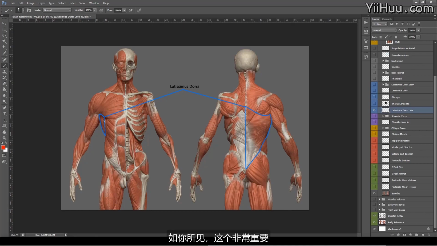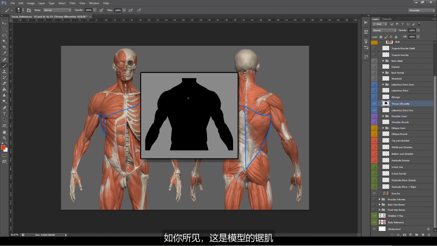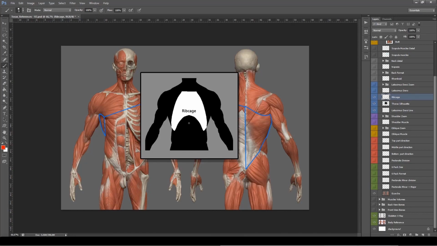And as you can see here, this is very important. Some people, when they are trying to create a character that is strong, create the rib box with this width. But the wider part of the thorax is not created by the rib box, but by the latissimus dorsi. As you can see, this is the silhouette of this Equarch 3D model. Here it's the rib cage format, and this red area is the latissimus dorsi, creating the wider part of the